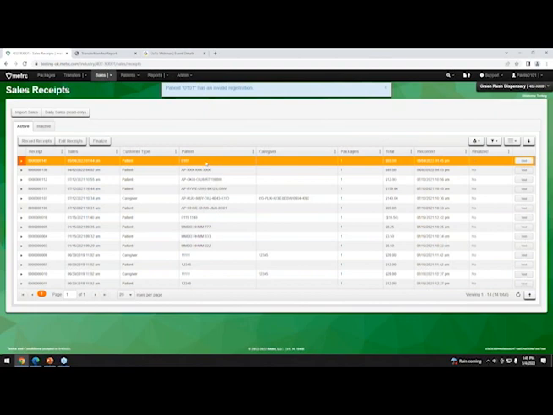So you just saw that we are getting a feed of patient numbers from Authentia. So if you do enter a patient that's incorrect, you will get flagged that that patient number is incorrect. Not to fear, you are able to edit sales receipts to correct anything that may have happened there. So if you want to edit it, you would select it and click edit.